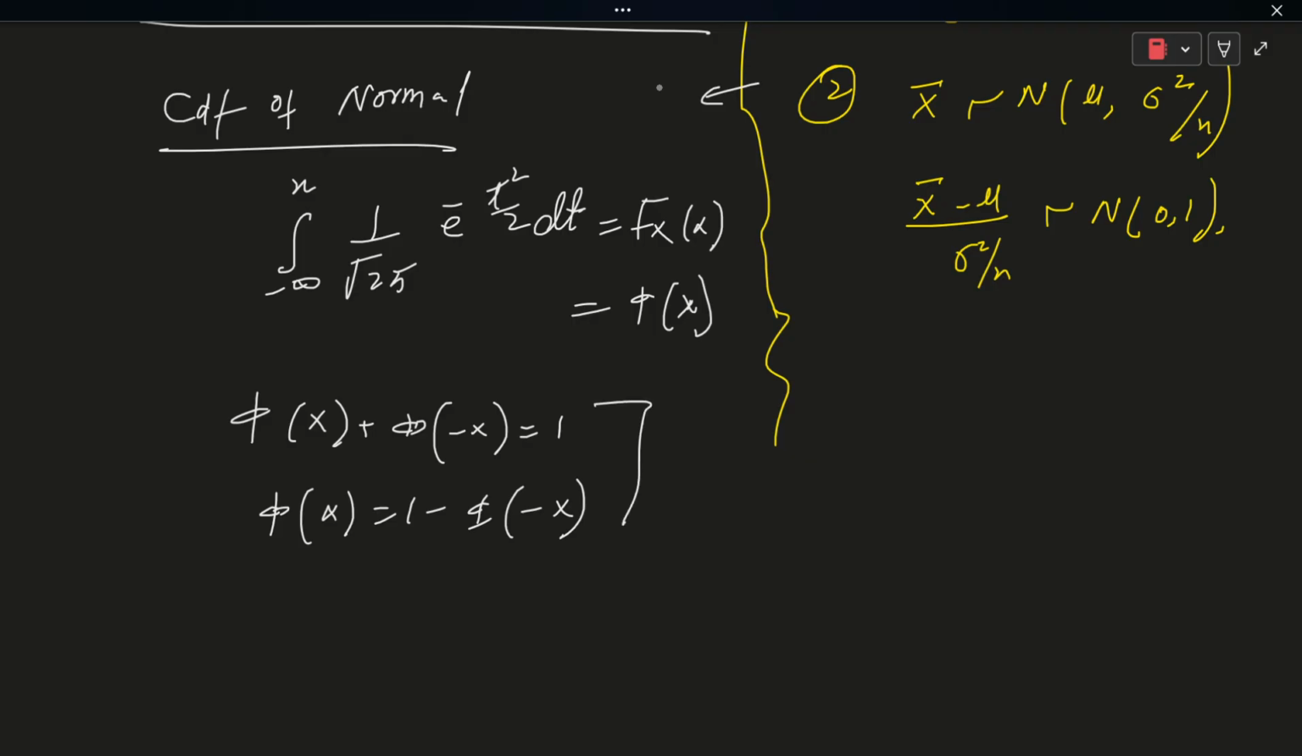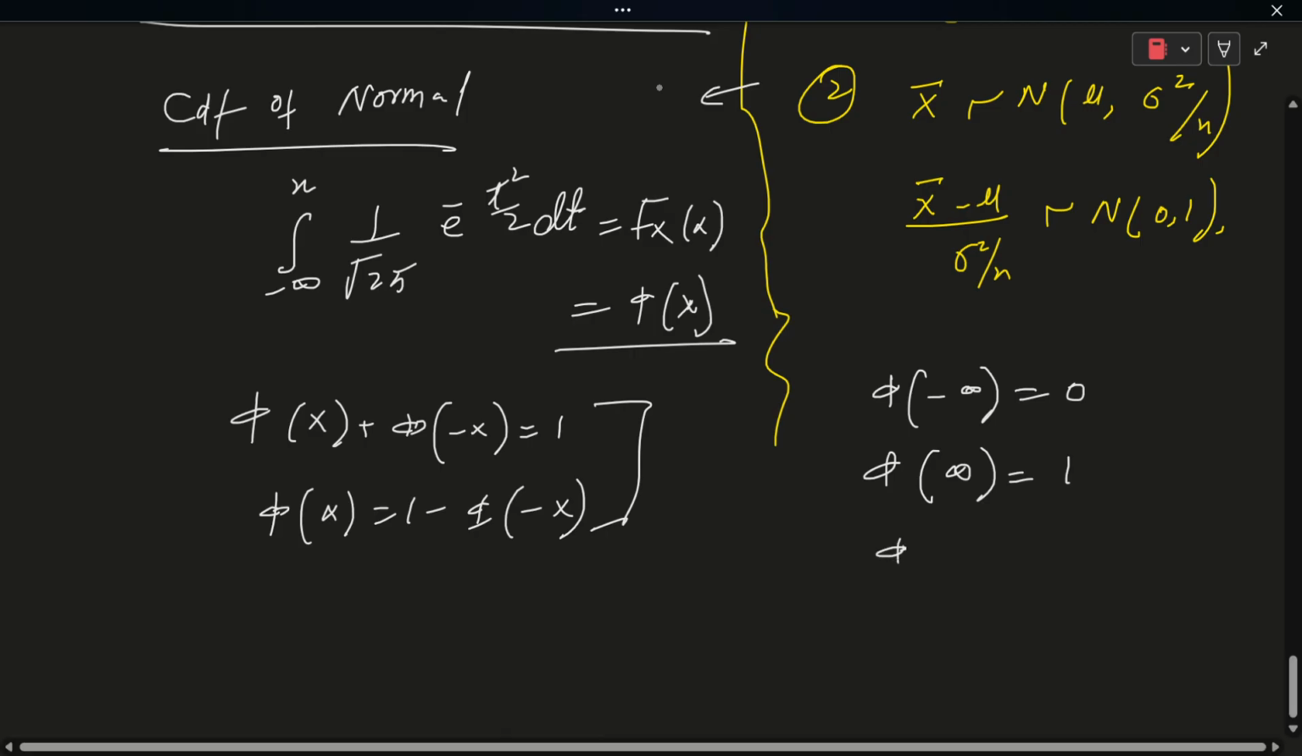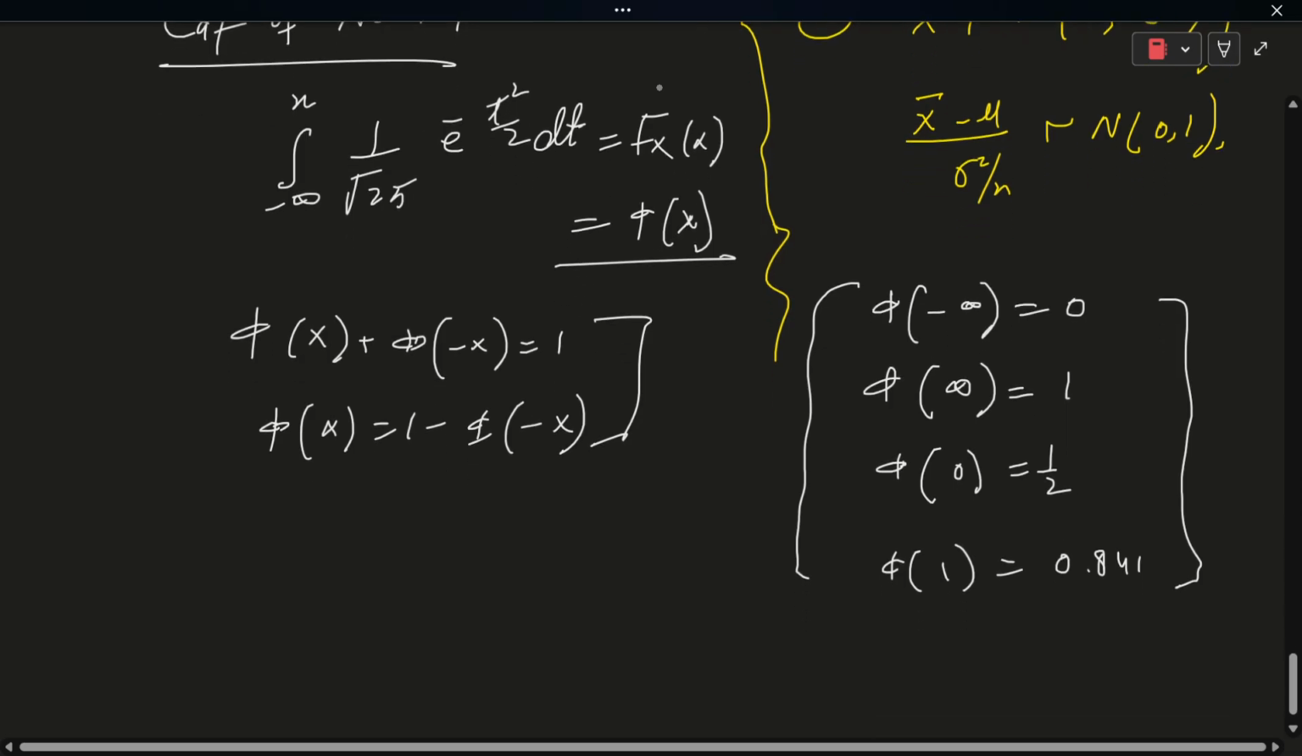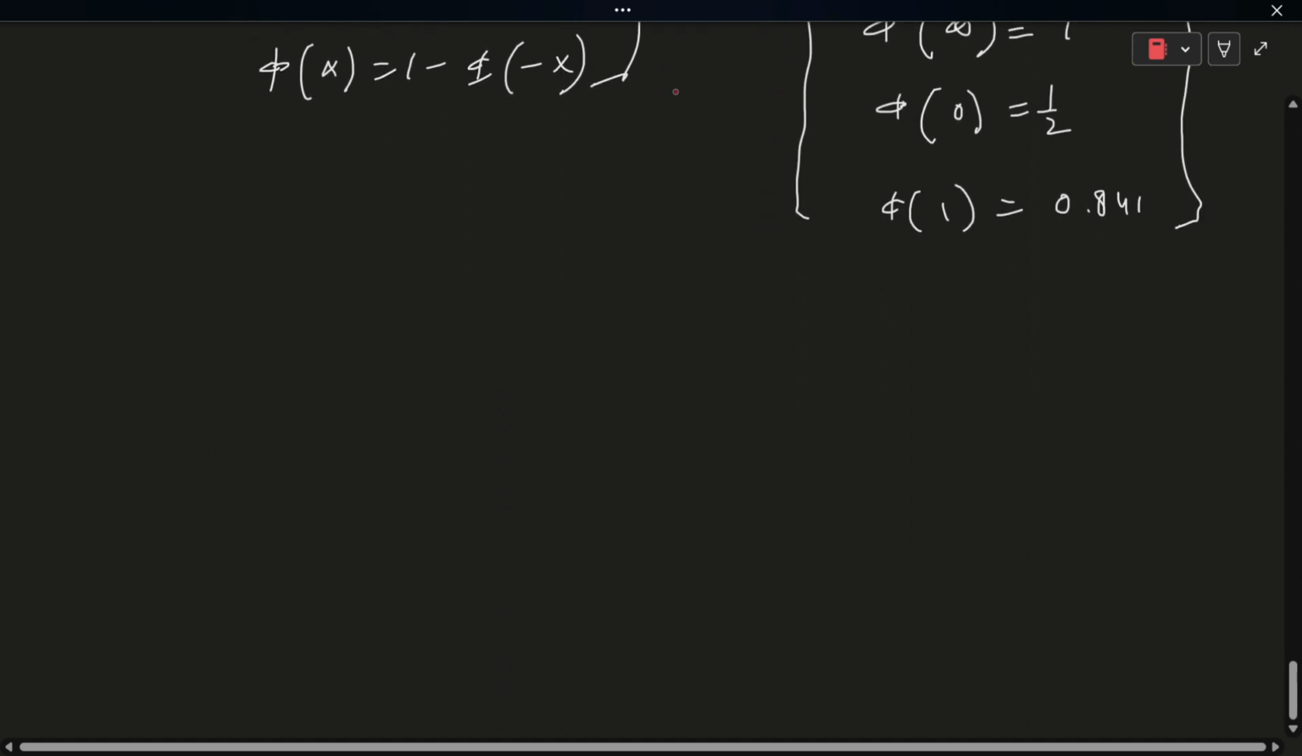ठीक है, हो गया ये भी हो गया। नाउ अब क्या बचा है इसमें? हाँ, phi of minus infinity is equal to 0, phi of infinity is equal to 1, phi of 0 is equal to 1 by 2, phi of 1 is equal to 0.841 something. ये वैल्यूज आपको याद होनी चाहिए, आपको याद करनी ही करनी है। ये वैल्यूज हर जगह आएगी।